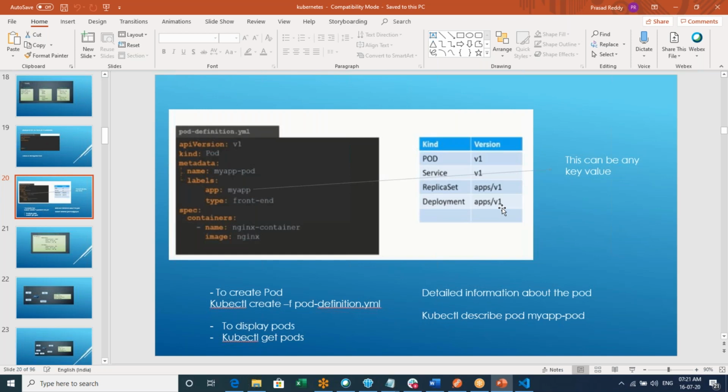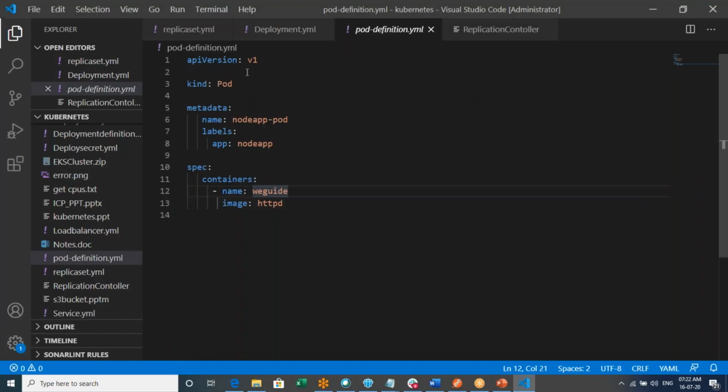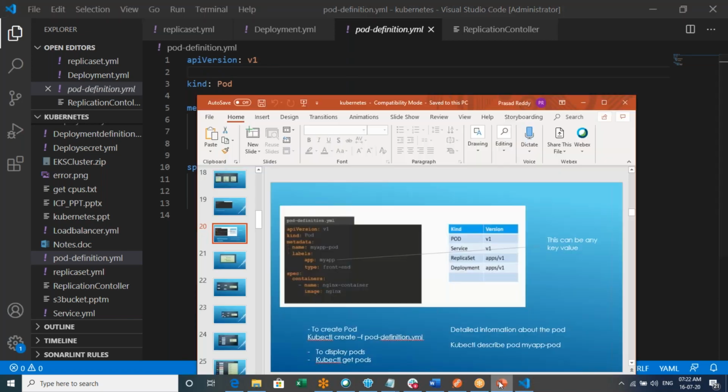These are all versions in Kubernetes. I said we will be talking to the API server, right? We use something called kubectl. Internally, kubectl talks to the API server. That is what the API is all about. The version of that particular API is what we are talking about, so v1 is the version of that API. For pod we use v1, and for replica set it is apps/v1. Currently we are creating a pod, and that's the reason it is v1.